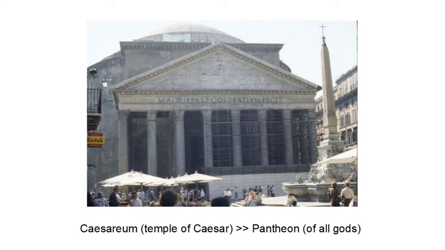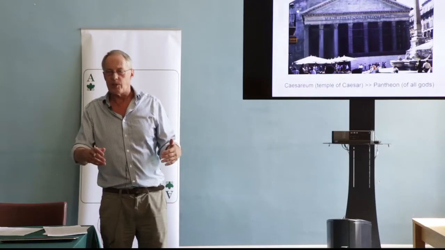But what we know is that when he started building it in 30, it was called the Caesareum, in other words, the Temple of Caesar. And it was going to be a temple in which there was going to be a statue of Julius Caesar and of Venus and of Octavian. In other words, it was going to be public worship of Octavian as a god. And then in 27 BC, there's a sudden change of heart, and the statue of Octavian is brought outside and put in the portico, and it's called the Temple to all the gods instead.